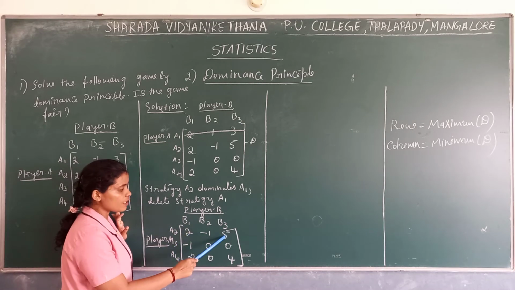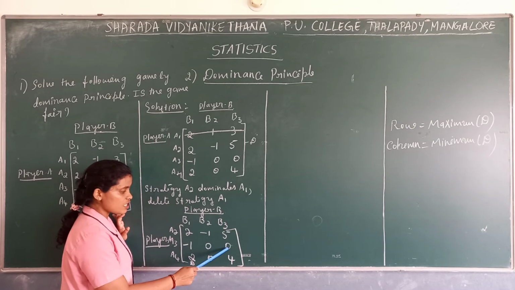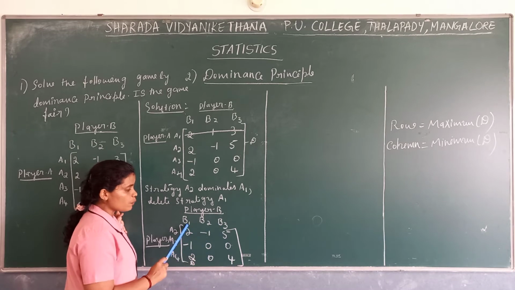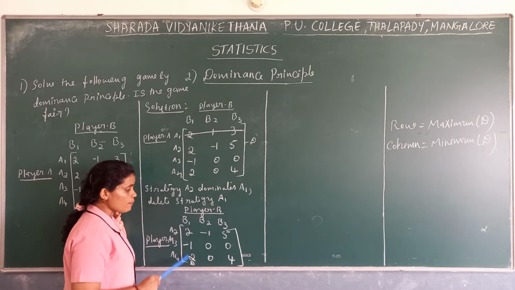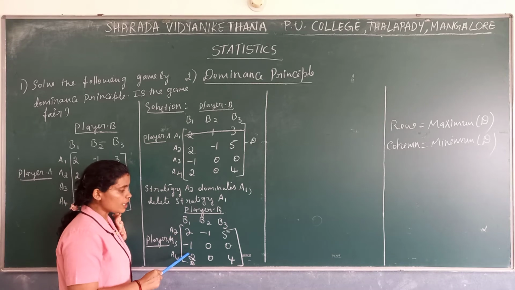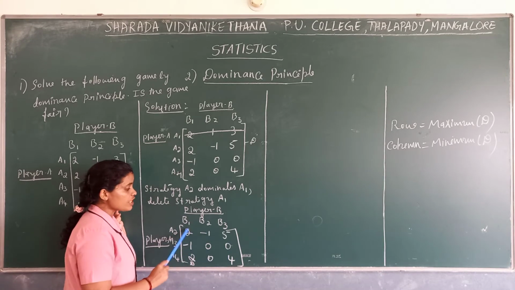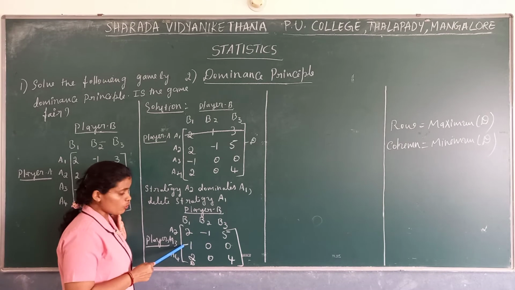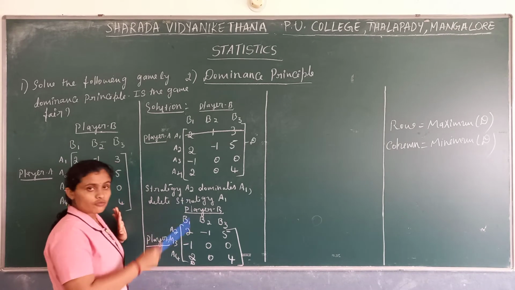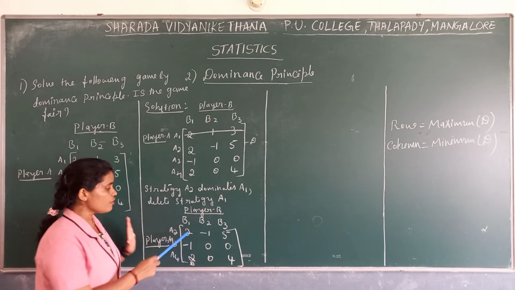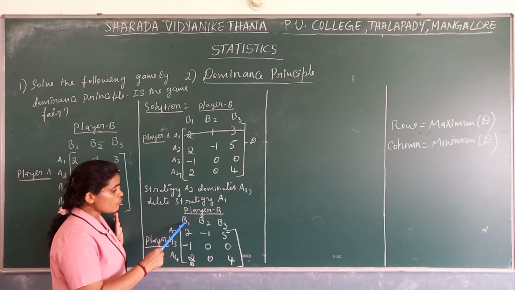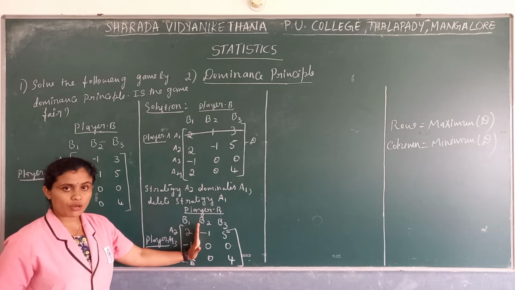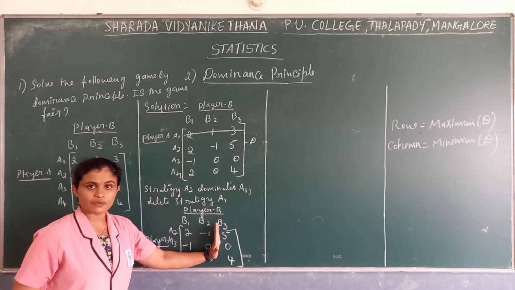Here it is 2, compare it with 5. Here it is minus 1, 0 is greater. Here it is again 2, here it is 4. So when compared, B1 column, since it has the smaller values, dominates B3. With B1 and B2 comparison is not possible, because we get one smaller value here and one more smaller value there. So we cannot find a complete smaller column with the comparison of B1 and B2. So we move B1 to B3. So here we get B1 as a dominating column when compared with B3.